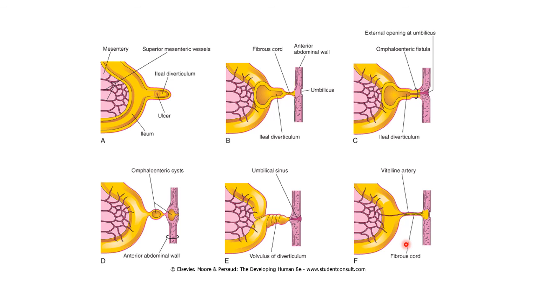And here this is showing you the fibrosed cord of the Meckel's diverticulum. You have seen now these different anomalies. So this fibrous cord is just connecting the midgut loop, that is the small intestine, the ileum, to the umbilicus. So the ileal diverticulum, which is connecting the ileum to the umbilicus, is the persistent fibrous cord of the Meckel's diverticulum.